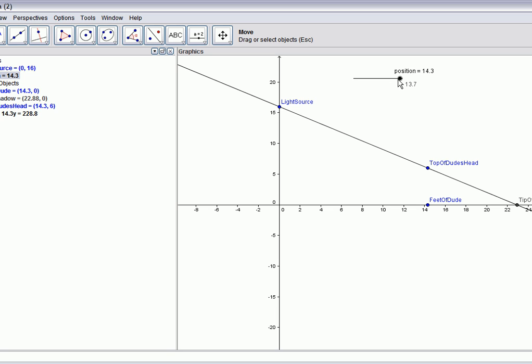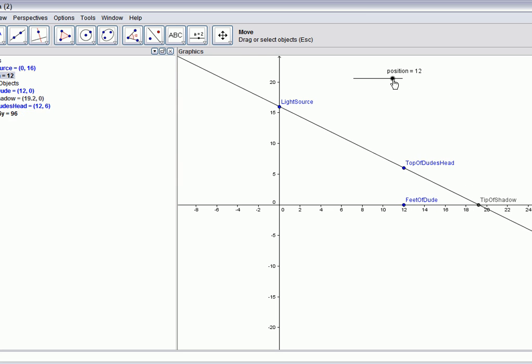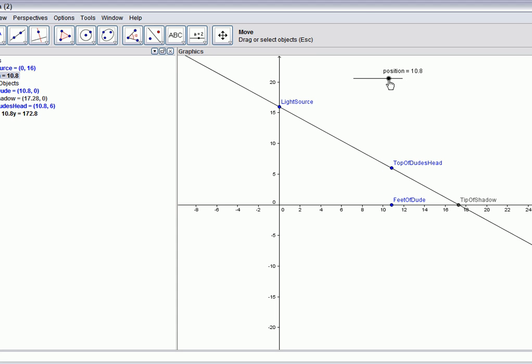Okay, it's about 8.6. What about 12? Okay, at 12, shadow length is 7.2, I think. 7.2. At 11, his shadow length is,